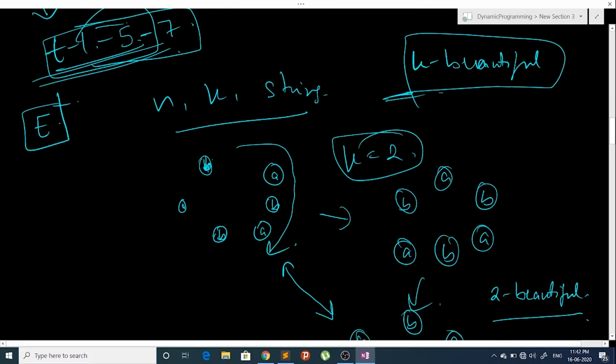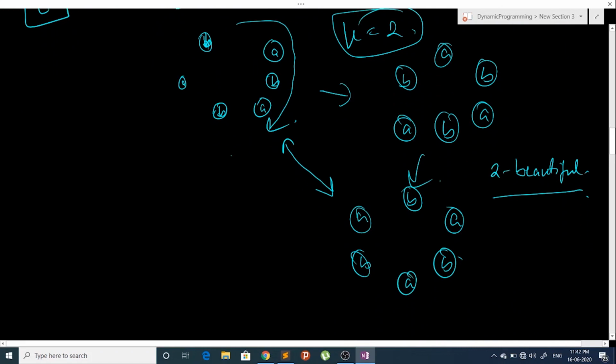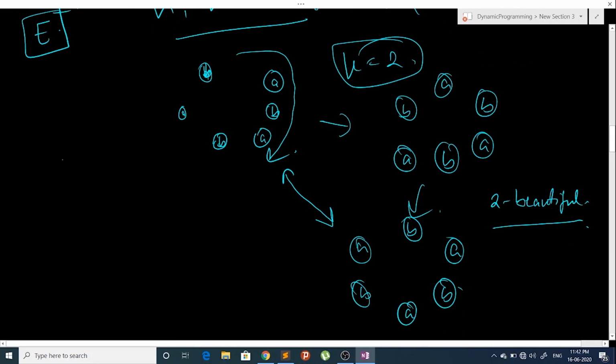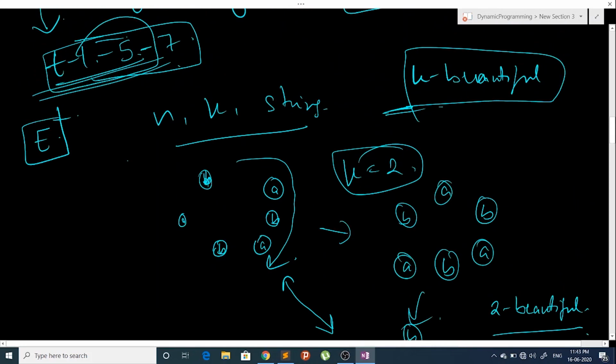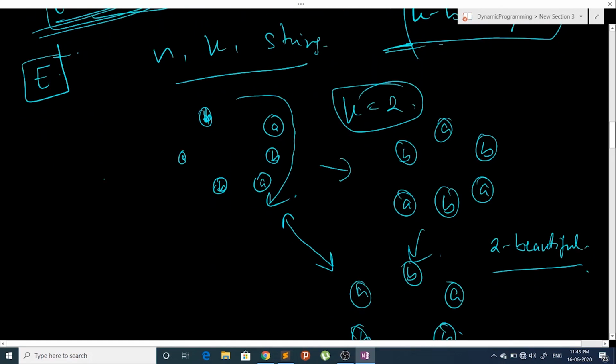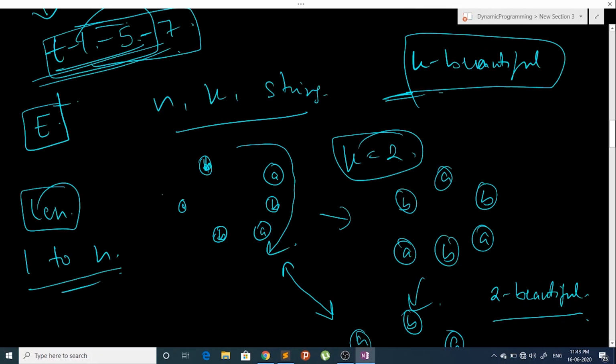Now we are given N and K and the string S consisting of these lowercase English letters with which we have to make our necklace. And in this problem we have to find maximum length such that we can make our necklace K beautiful. So how can we solve this problem? So what we will do is, we will just try all the possible lengths. We will try all the possible lengths from 1 to N, and for each length we will check if we can make this necklace K beautiful.